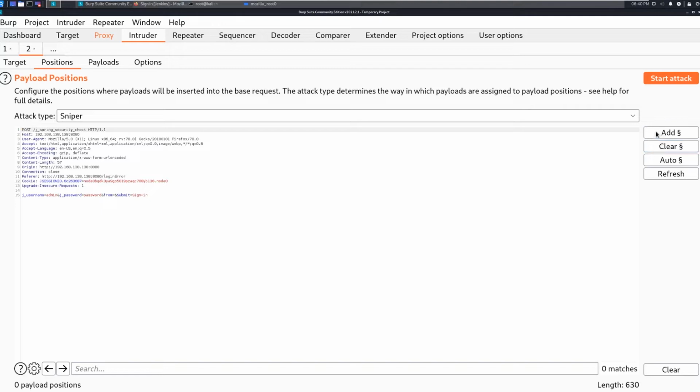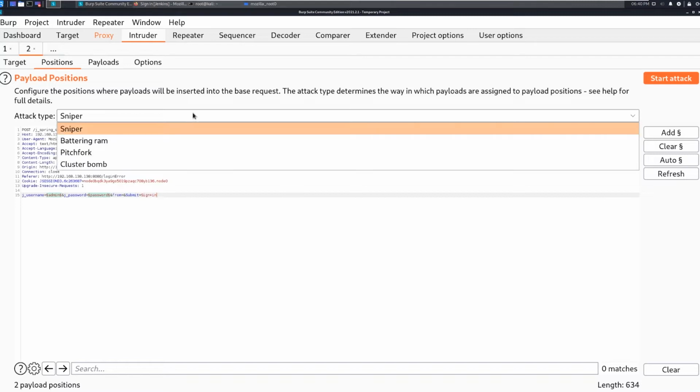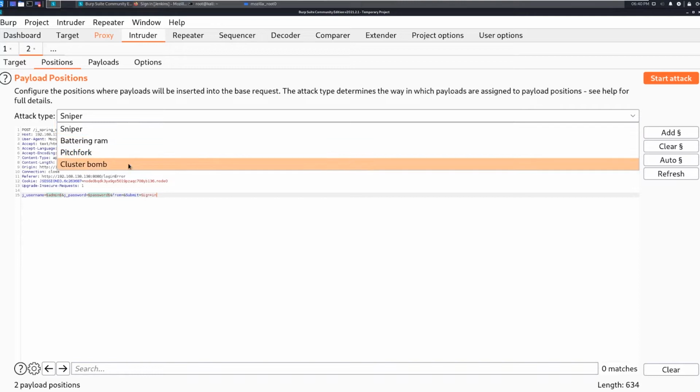What we're going to do is set a couple of positions. We're going to say, okay, admin, I see you. I'm going to go ahead and say add. Double click on admin, hit add. Double click on password, hit add. We are basically setting up our parameters, or the variables, that we're going to use. So we're going to perform an attack where we give usernames and we give passwords, and it's going to try those in combination. When we use multiple positions here, we're either going to be using Pitchfork or Cluster